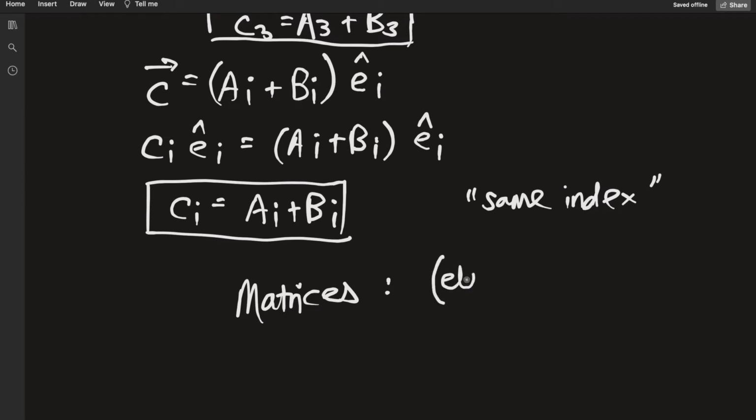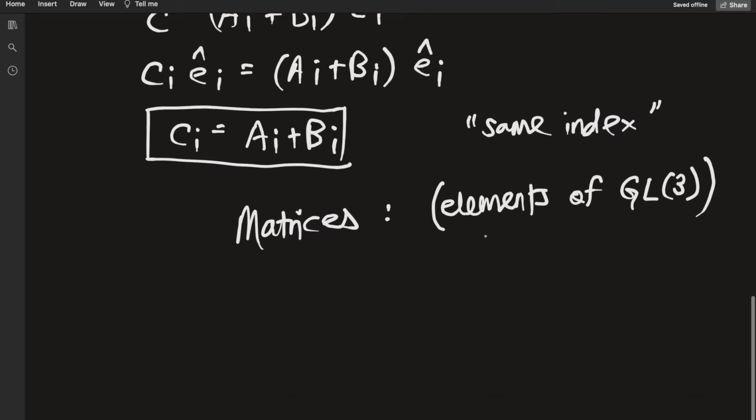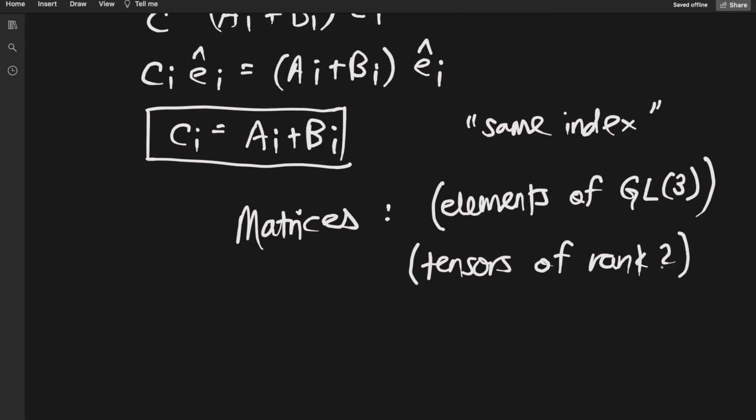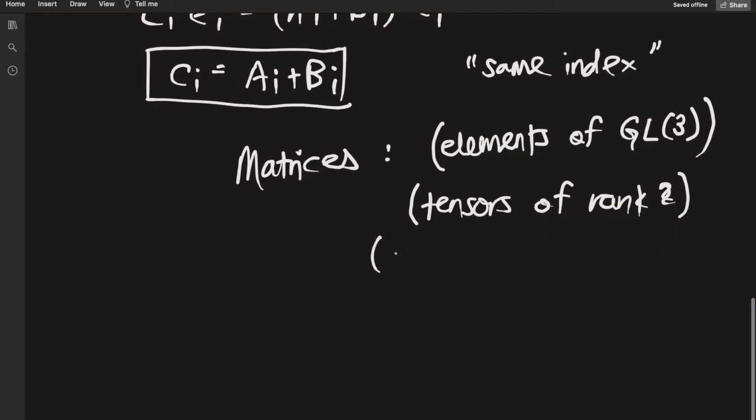They can either be elements of the generalized linear group in 3 dimensions, GL3, we're not going to focus on that much. They can either be representations for tensors of rank 2, and again we're going to talk about tensors later, or you can think of them as maps or morphisms